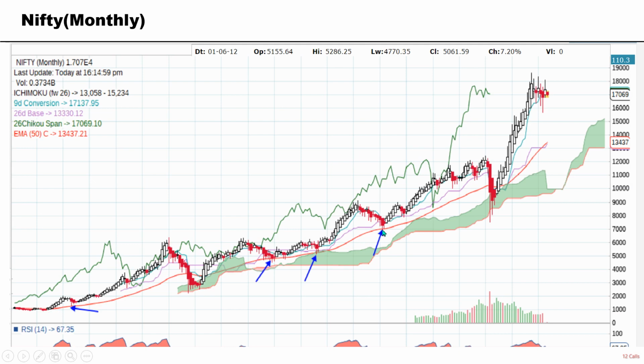So almost 4 times during last 20 years Nifty hit this trend line and took support at trend line and went up. At 2 times, one is at 2008 collapse and second time in 2020 during the corona, it broke this particular trend line and traded below this trend line for few weeks or few months. This is a monthly chart. So if we look at this, overall direction of Nifty still looks up and it has already gone almost 10 times in last 20 years of time.